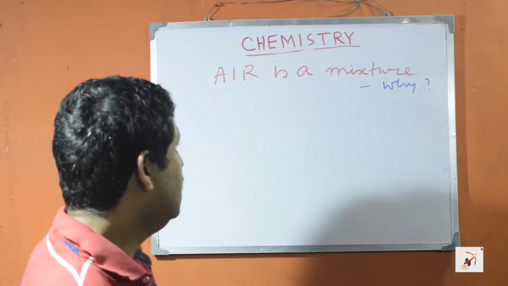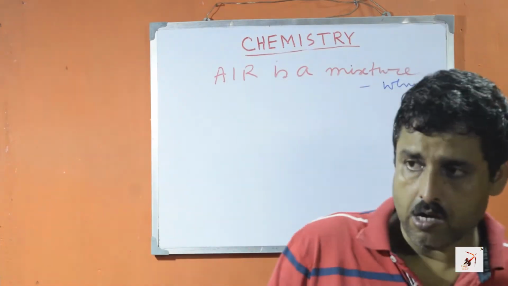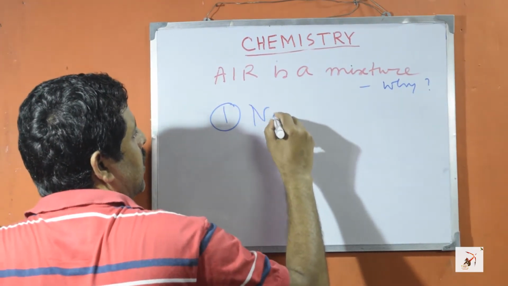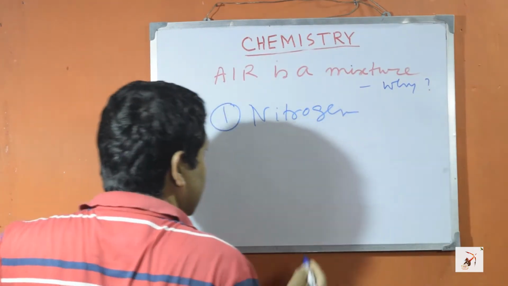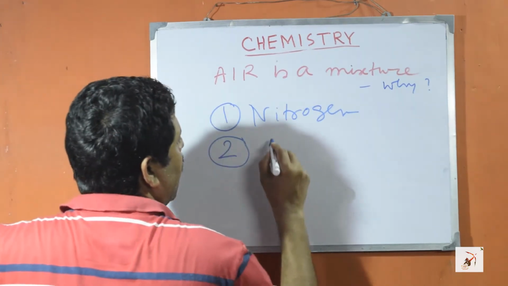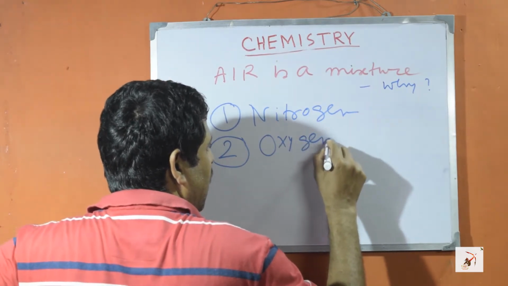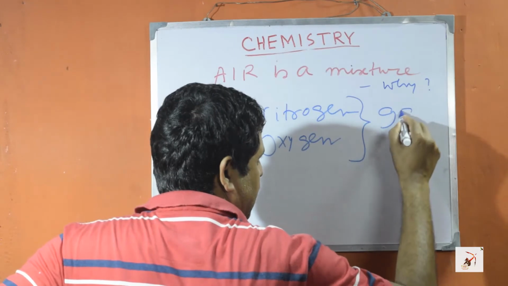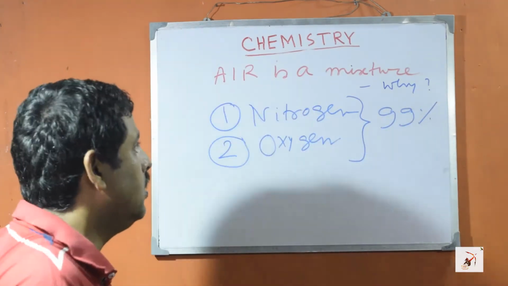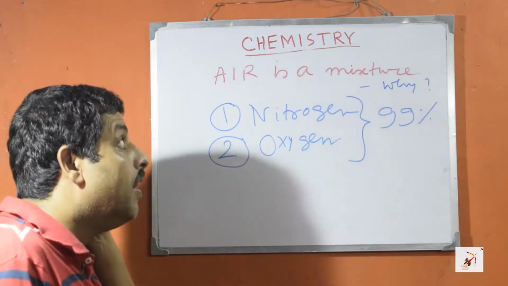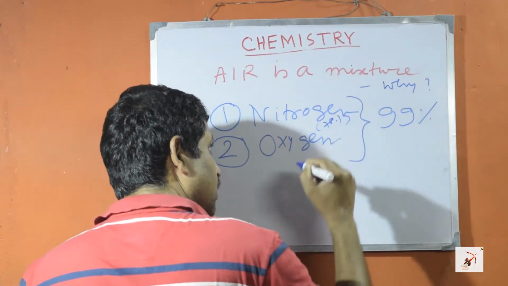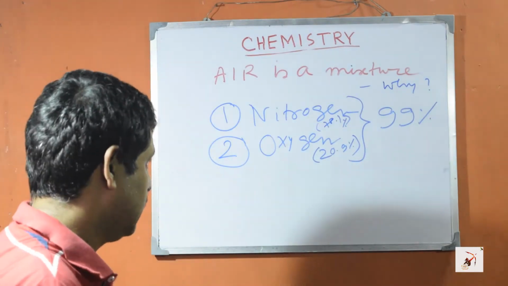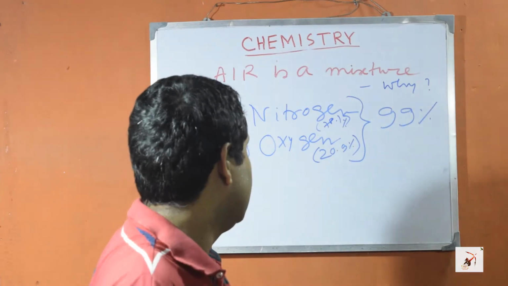Because the larger constituents of air are two gases: number one, nitrogen, and number two, oxygen. Nitrogen and oxygen together constitute almost 99% of total air. Nearly 78.1% is nitrogen, and 20.9% is oxygen. That means almost 1/5 of air is oxygen. The remaining 1%